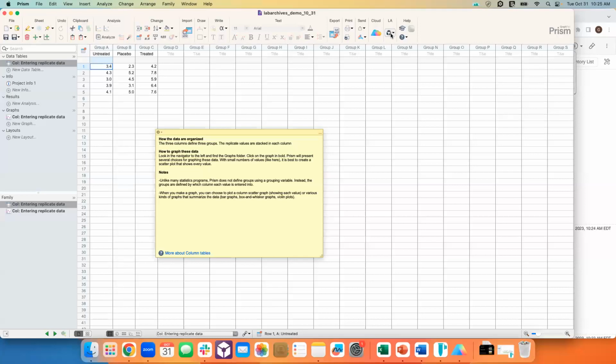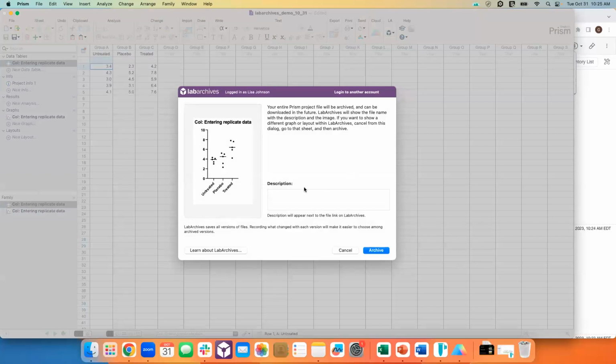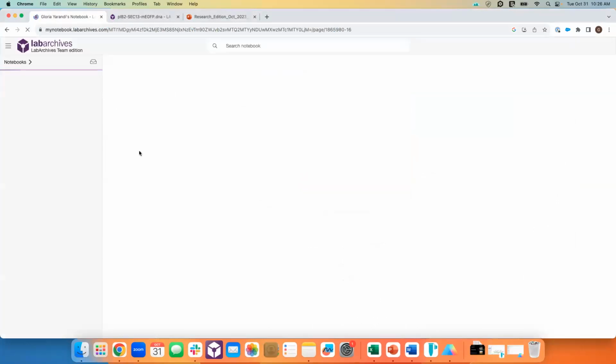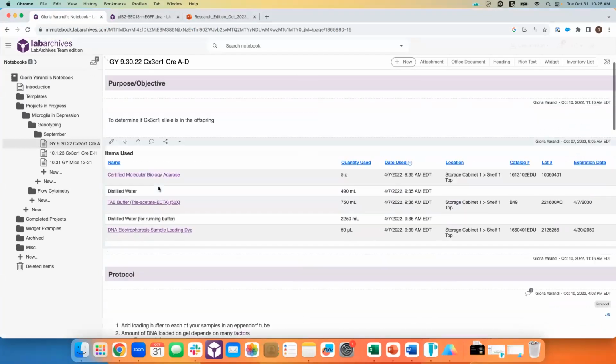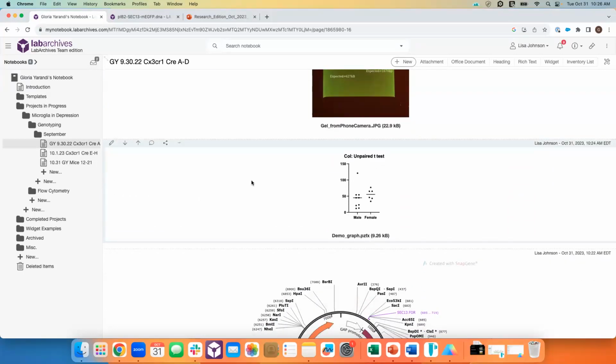And then go to the LA column and click LabArchive it. I can, as I mentioned earlier, write in a subscription if necessary. And when I click archive and go back to my notebook,